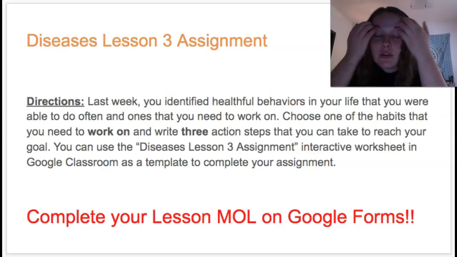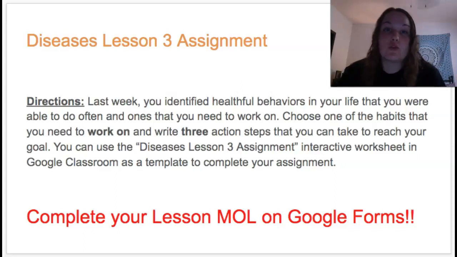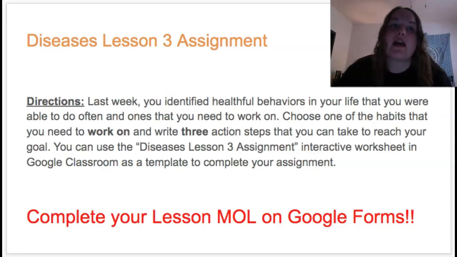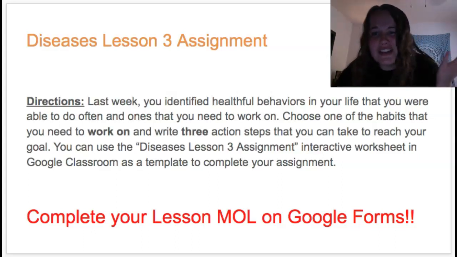So, just as an example, let's say my goal was to exercise 3 days a week for 45 minutes. My 3 action steps might be: keep a journal of when I exercise and what I do for exercise and the time I spend exercising. Maybe have an accountability partner. Pick somebody, maybe my roommate, who would exercise with me. And then also I could do some research online for exercises that I could do for 45 minutes. So that's just an example of a goal that you could have and 3 action steps that you can take